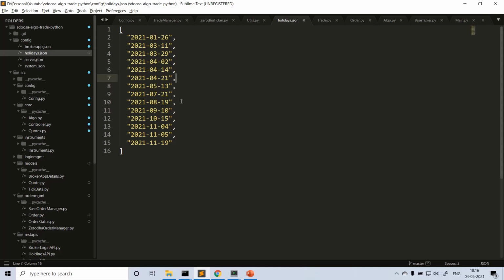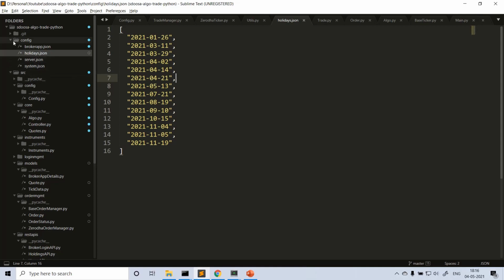We will write the code for identifying Sunday and Saturday by default with the help of the libraries, but other than Saturday and Sunday, we need to configure the trading holidays in some file. So here I am just writing inside a holidays.json file. It's like year, month and date.